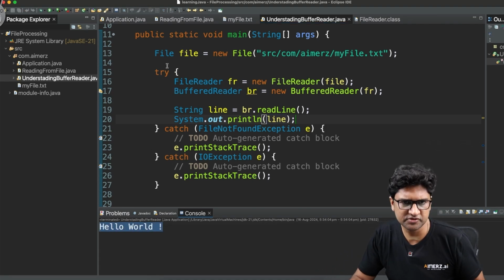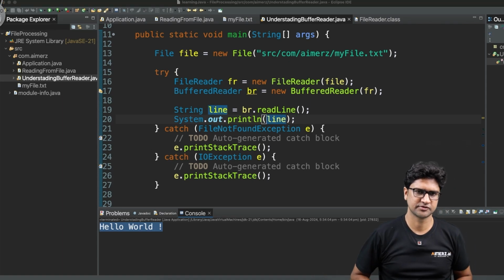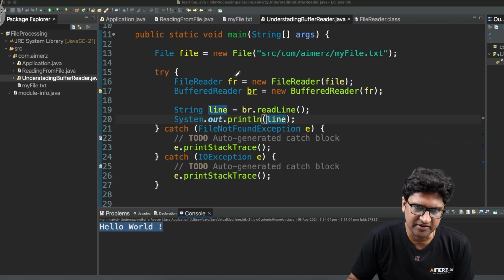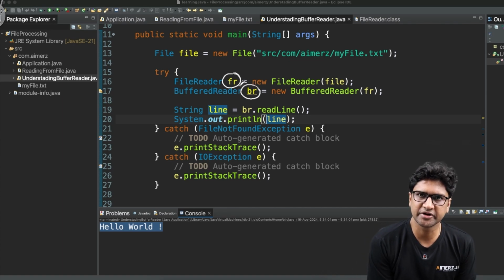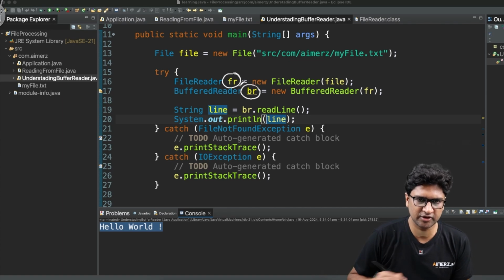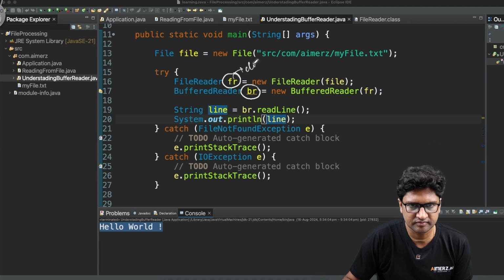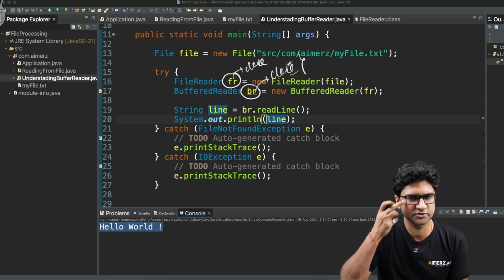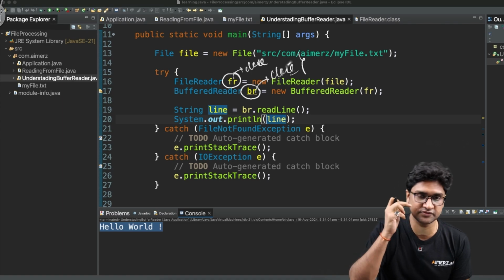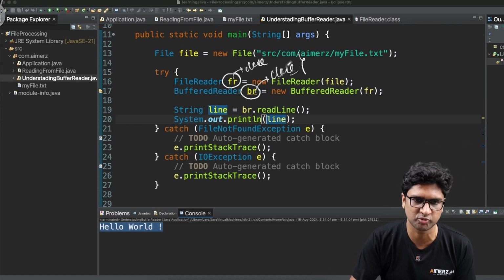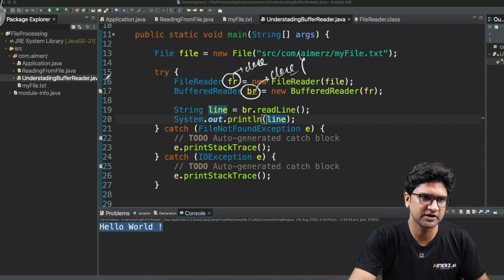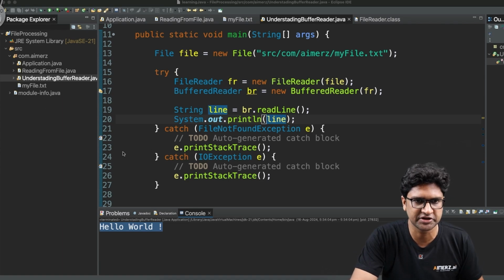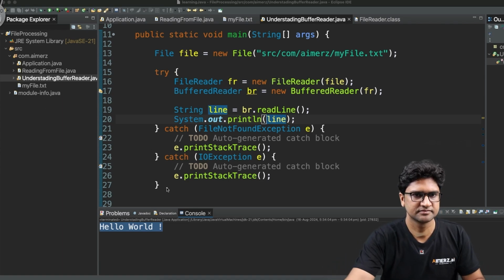Now if you see here, I'm doing a few things which are not right. I have this file reader, I have this buffer reader. Once I'm done reading the file, I should ideally close them just to release the resources, right? And I should close them whether I'm able to successfully read or not, in both situations. So a better place to achieve this is my finally,